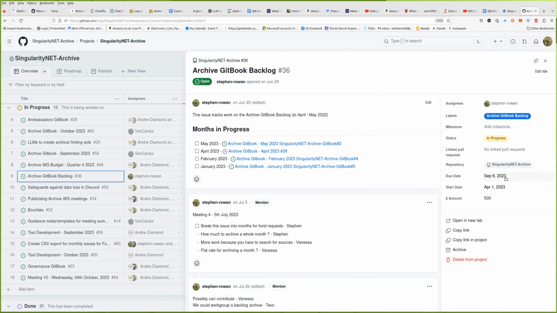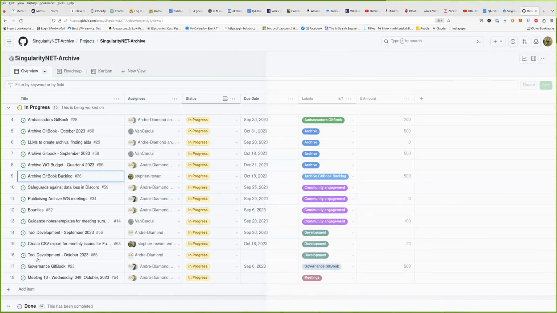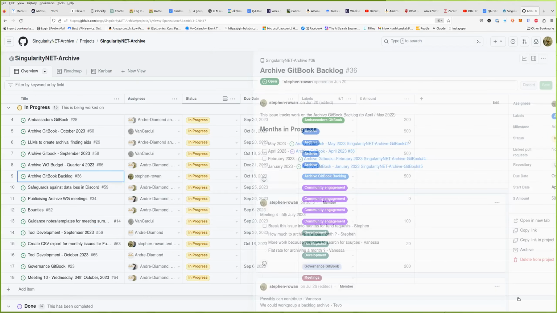The due date is going forward to the next meeting. That 500 cost would come out of the next quarter and would cover all the backlogs. So it's still maybe something we need to consider there. But to be fair, a lot of the work hasn't been done for that. So let's make a note of that. But 500 for the whole backlog is a bargain, isn't it?